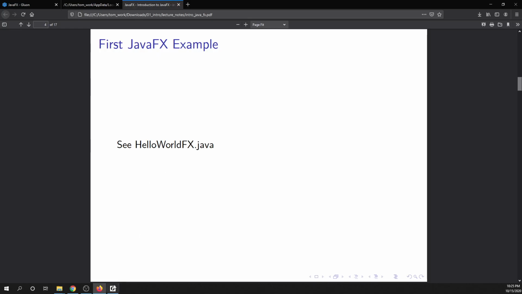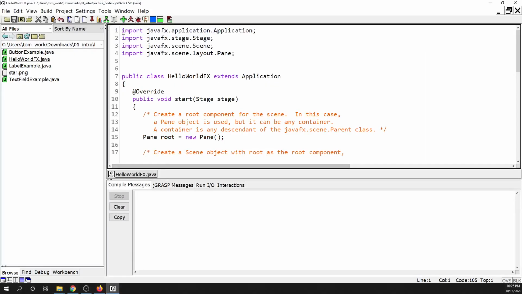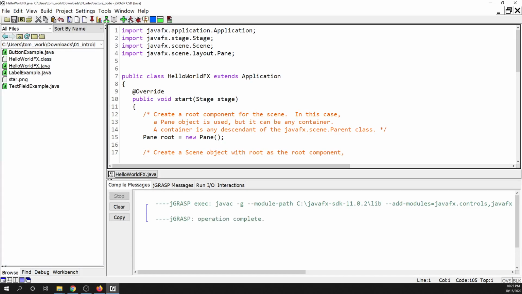That's HelloWorldFX.java. And it really does not do much at all. So compile it. If it doesn't compile for you, then make sure that you have installed and correctly configured JavaFX as I outlined in the previous video. All right, and then when you run this,